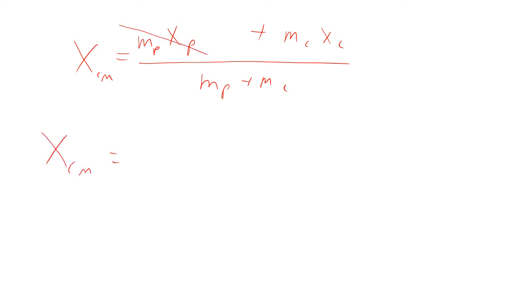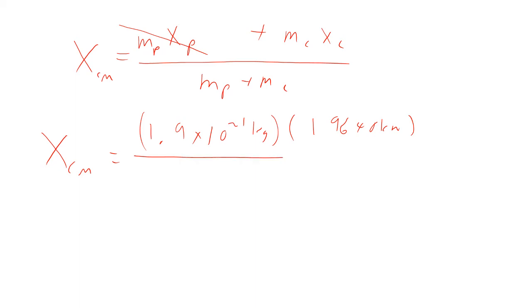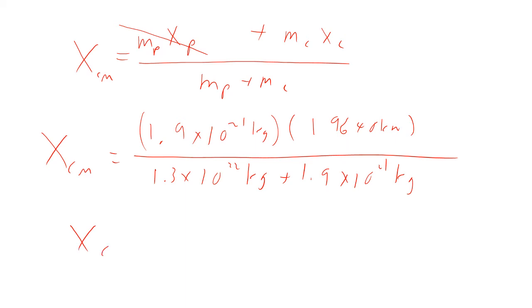So the center of mass is just going to be the mass of Charon, which is 1.9 times 10 to the 21 kilograms, times the distance, which would be 19,640 kilometers, and then you divide by the total mass, 1.3 times 10 to the 22 kilograms plus 1.9 times 10 to the 21 kilograms. So the x position here is going to be equal to about